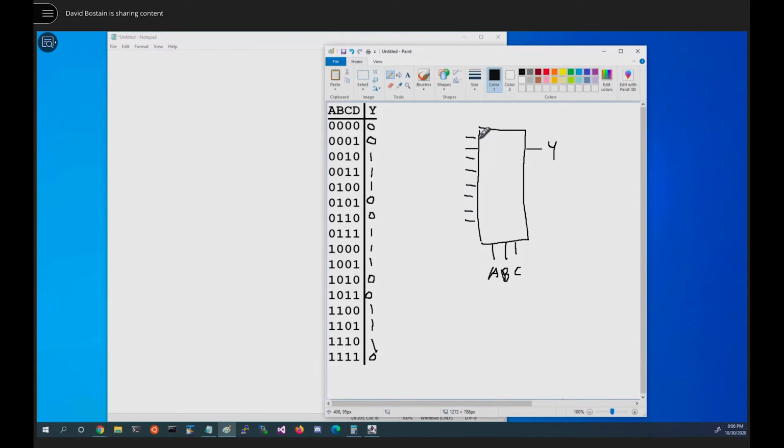Okay, anybody want to volunteer a solution for what the first one should be hooked to? Remember, this line is addressed when A, B, and C are 0, 0, 0. You use the multiplexer, which means it's going to route whatever's hooked to this out to Y. So we want to have the 0 come out if we have 0, 0, 0, 0. But remember, we have D not as an input down here.